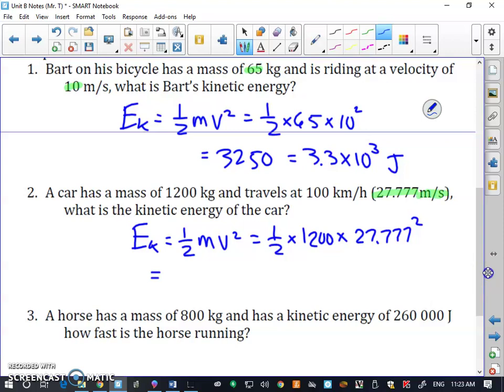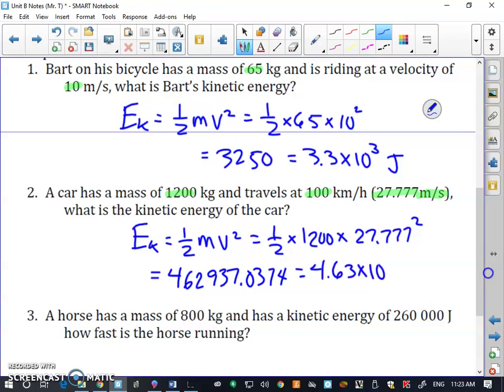So the calculation. All right, I get 462,937.0374. That's a lot of digits. So now let's take a look at our sig digs here. We've got 100 kilometers per hour, that's 3, and 1,200 kilograms, that is 4. And so we're going to go with 3 significant digits. And so it should be